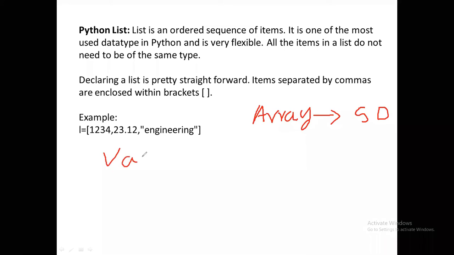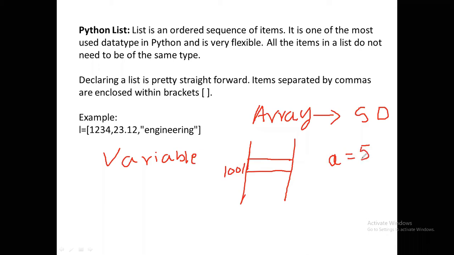So what is a variable? A variable is a storage location. For example, this is the memory, and this memory location has some address. For example, the address of this location is 1001. Now I want to assign 5 to a variable a.